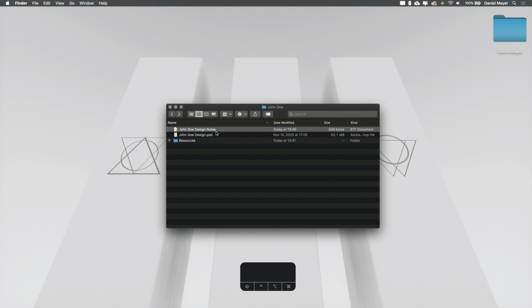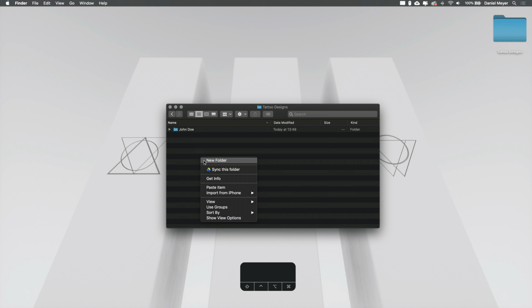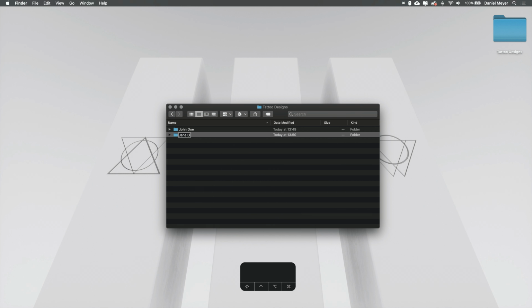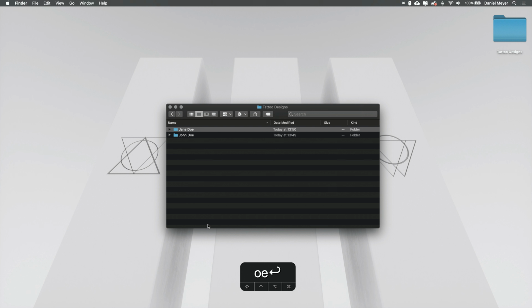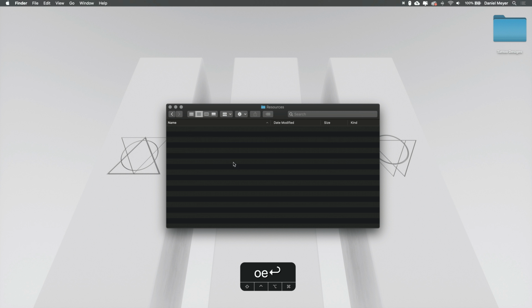I can even leave notes for multi-day projects, what kind of inks I used during the tattoo process while shading it. This will go all into the design notes. Because I'm German, Ordnung muss sein, there must be order, and it will help you down the line the more tattoo projects you're going to accumulate. Let's say we have John Doe, we have Jane Doe, and so forth and so on, until you have an entire folder with hundreds and hundreds of clients over time. And by having these resources folders, you kind of start creating your own collection. You will start to create so much image material that at one point you have like a library, and that will make your workflow way faster and way more efficient for all future projects.